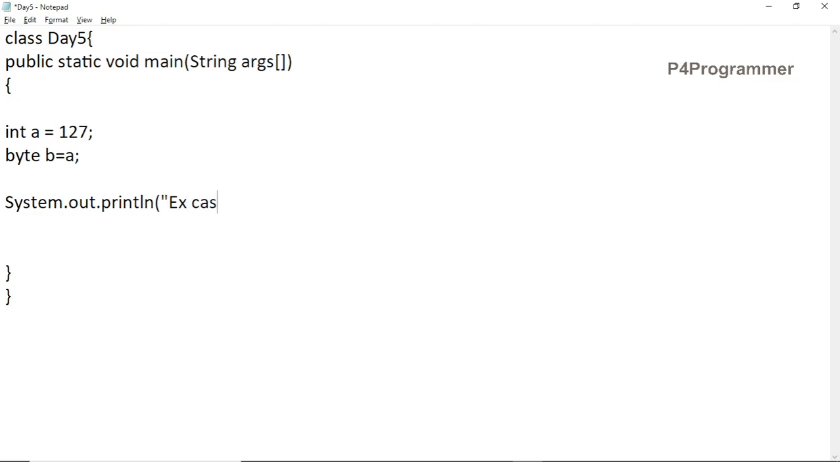Explicit casting. Writing the short form of explicit casting. Then here I'm entering int, and here I'm writing byte. Here I'm writing like int to byte. Then the compiler goes left to right and shows some error because